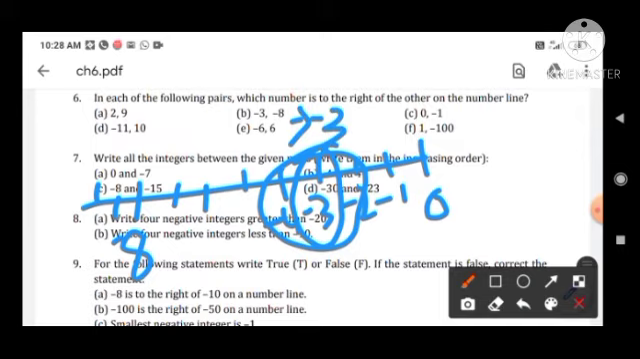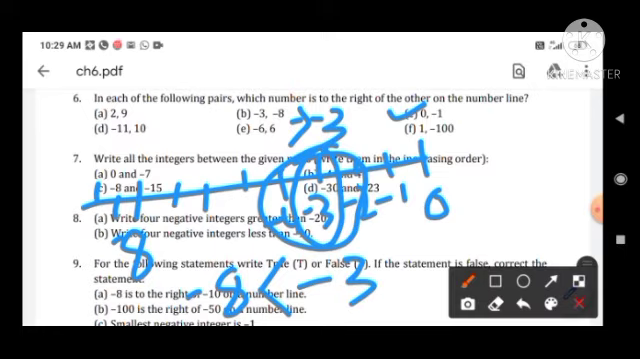So which number will be on the right side? That number will be greater. Okay, if I compare -8 and -3, then which will be greater? -3 will be greater. Okay, you have to remember this also. The number which is on the right side of the other number on the number line, that right side number, will be the greater number. Now here it is given